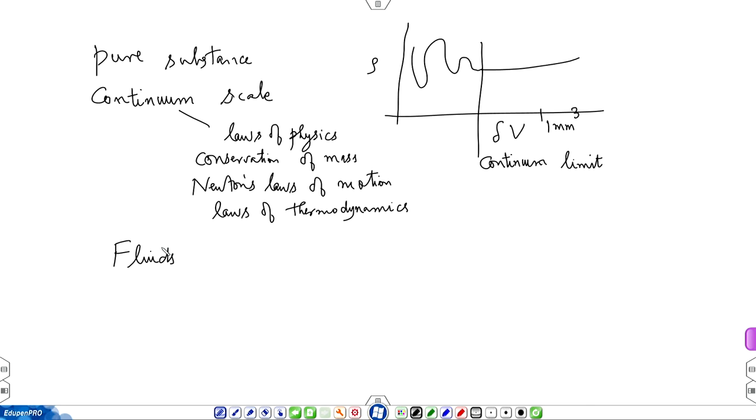Various types, I should say. But we will be looking at those fluids which classify as a pure substance. Examples of which